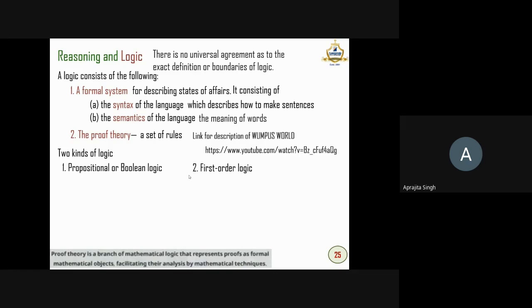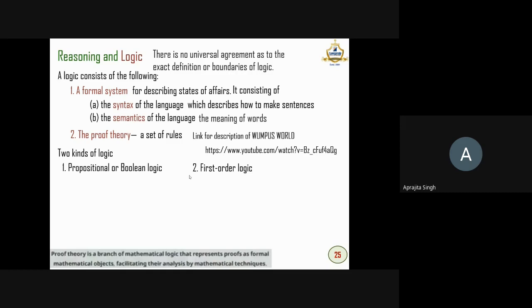coming, whether the Wumpus is there in this particular room or not, or whether there is a pit in this room or not. So if there is a pit, there is a breeze flowing, so in the next room you can feel a breeze flowing, so you will not just move to that pit and fall down. And if a demon is there, there is a smell, a stink coming, so you understand. So accordingly you'll make a choice as to how to move to various different boxes or rooms, and then